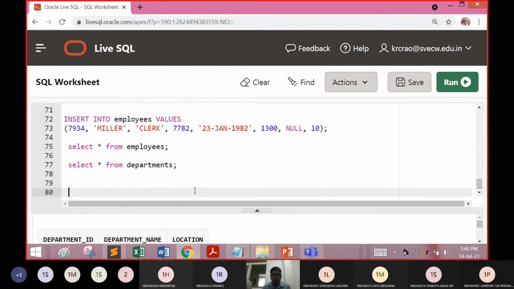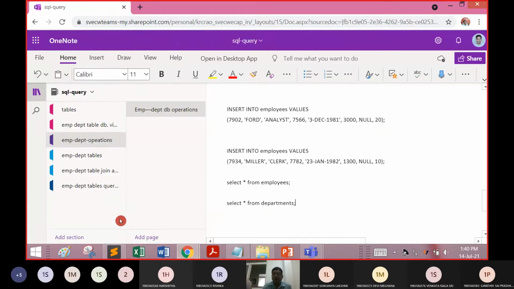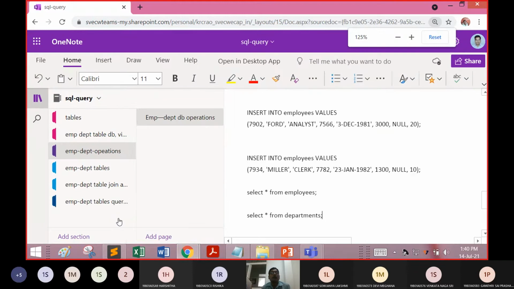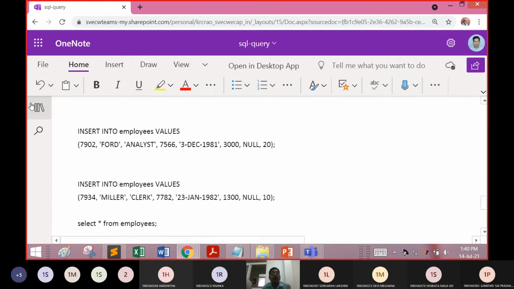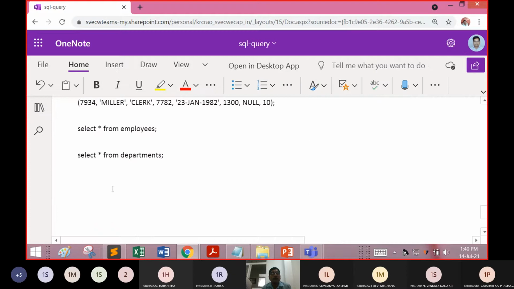Now let us do some extended versions, which will invoke our curiosity about new things that can happen over the databases.